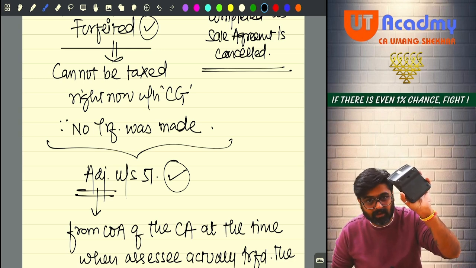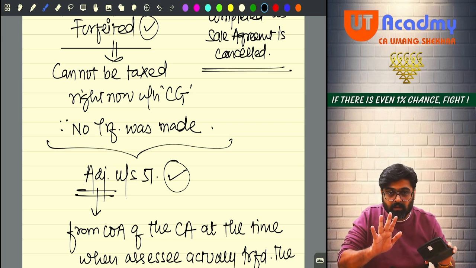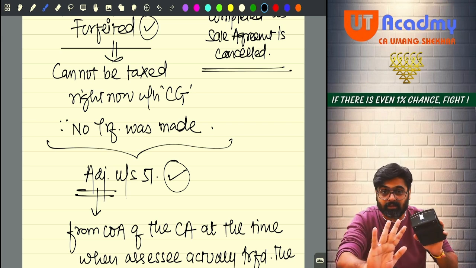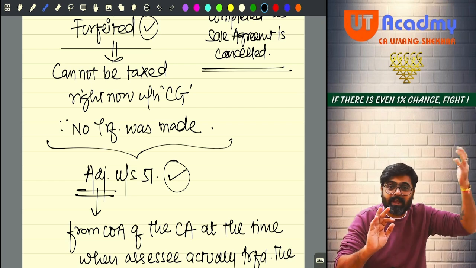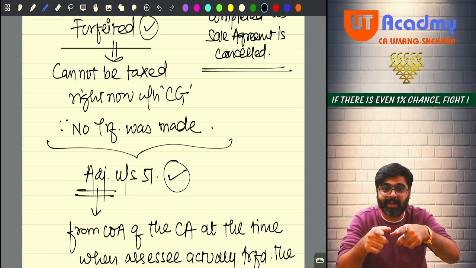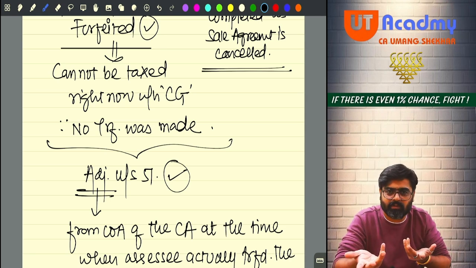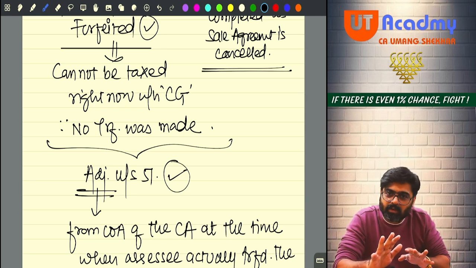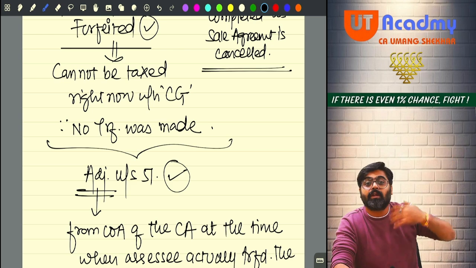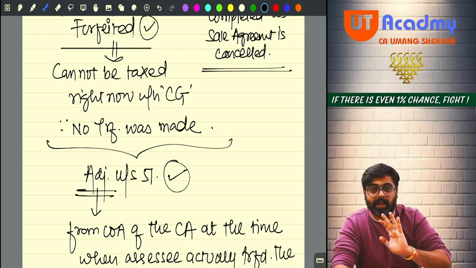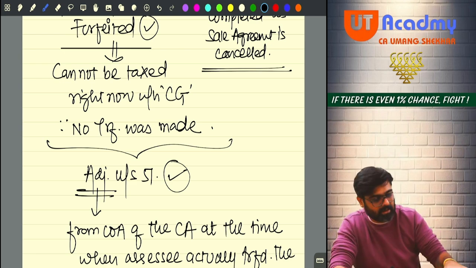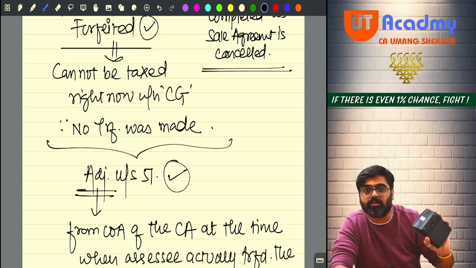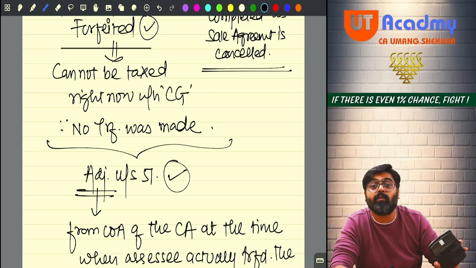This is my capital asset which I don't want to sell. And you also don't want to buy this asset. That is known to you and me only. Nobody else knows that you don't want to buy, I don't want to sell. That is between both of us, no? So what we'll do, to show others that I want to sell and you want to buy, we will make one agreement, sale agreement. In that sale agreement, I will say that I am selling you this asset for 1 CR. How much? 1 CR.